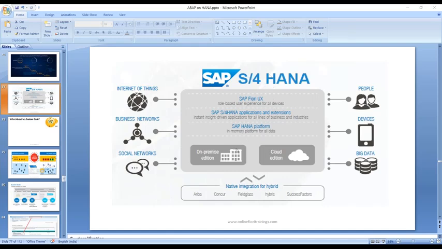The code base is the same, but the product offerings are different. On premise, you bear the installation and the hardware cost, so of course your cost will go up. On the cloud edition, on the other side, you don't have to buy hardware. You don't have to hire consultants to manage the installation, backups, recoveries, and data centers. You don't have to do that.